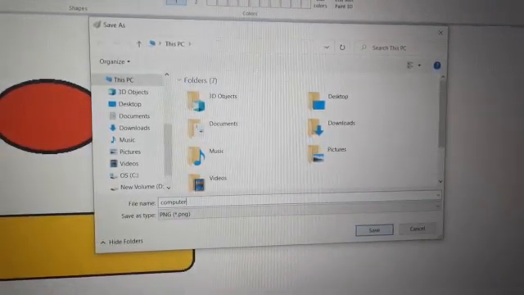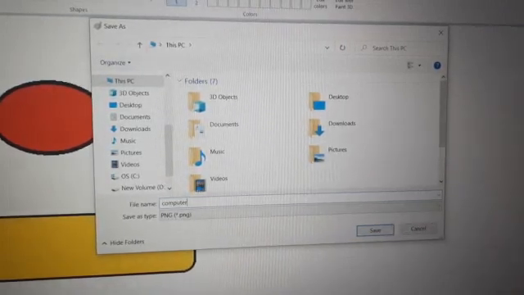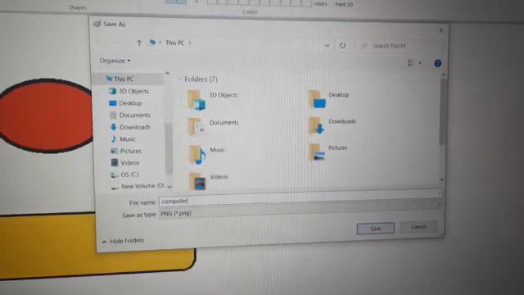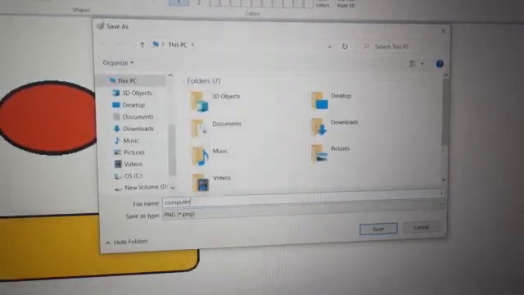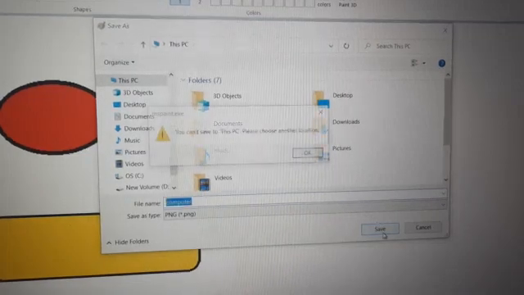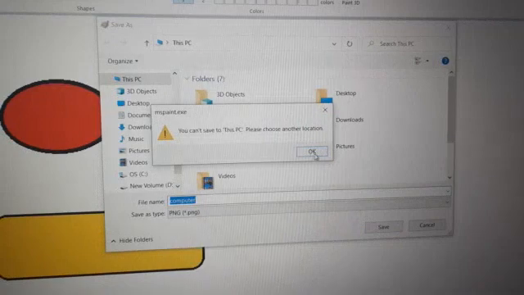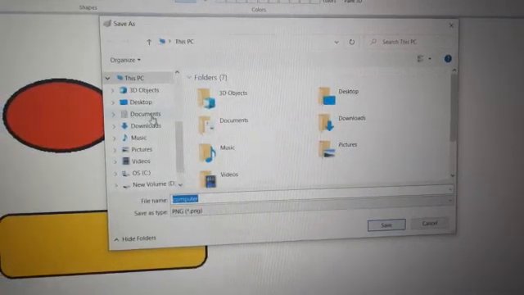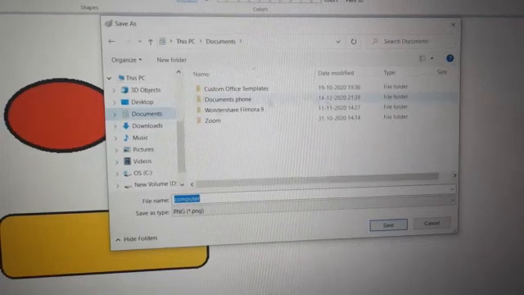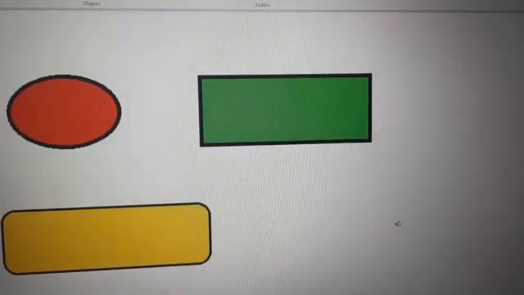Alright, and the fourth and the last step, you will click on this save option. You will click on this save option or button. Alright, like this. Save.